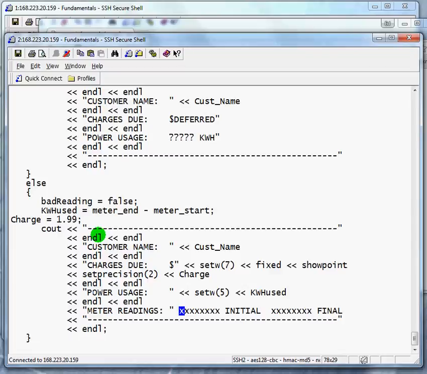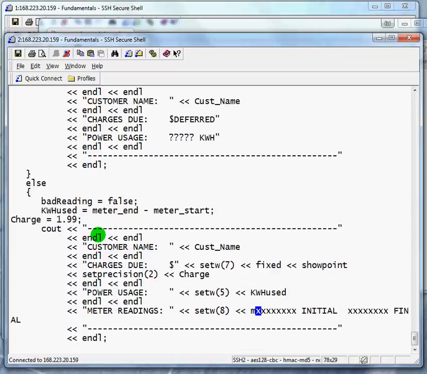Alright, and this is the starting reading. What's the format? So we say set width 8. And we're going to put meter start followed by